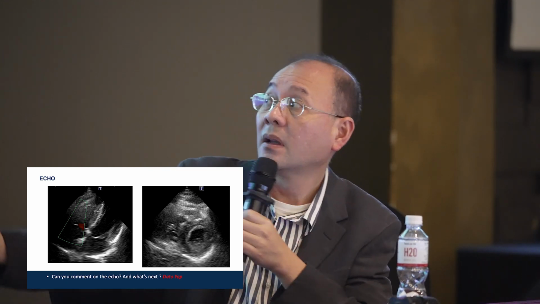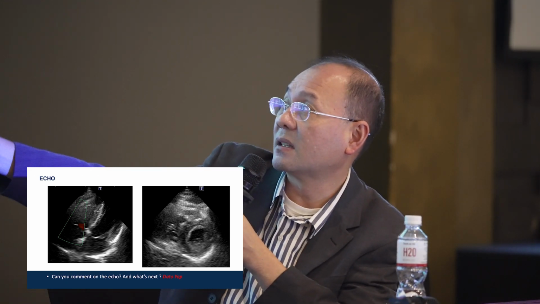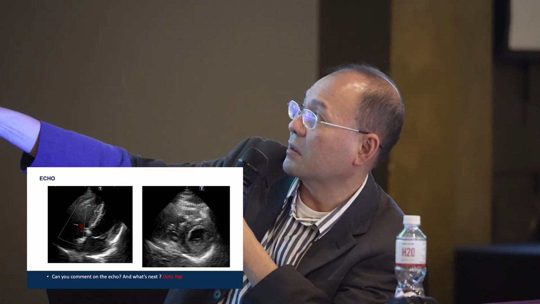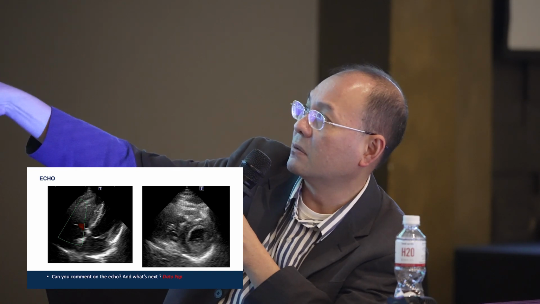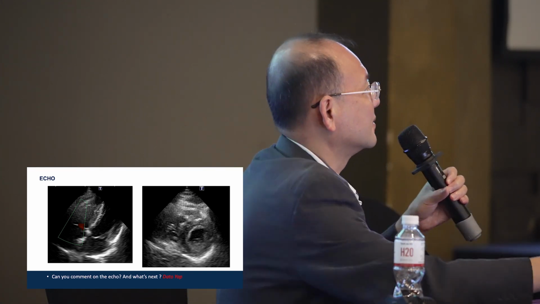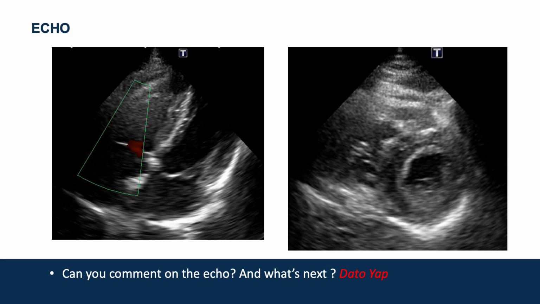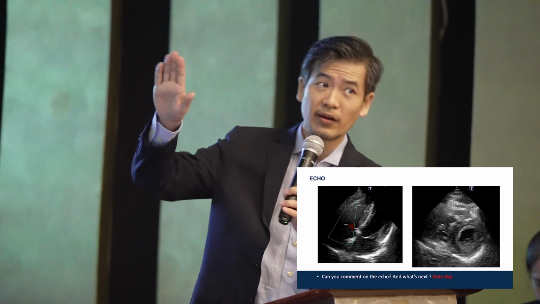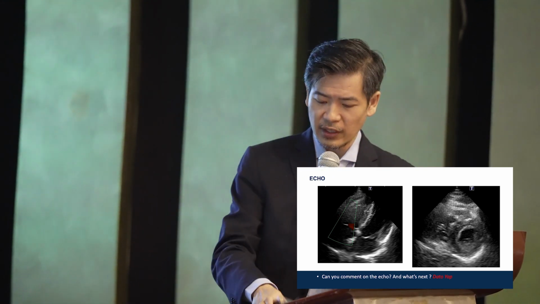This is a still picture, but I think we've been told the LV function is normal, right? We're looking at the size of the left ventricle compared to the right ventricle. I'm not sure whether you can appreciate the right ventricle looks a little bit bigger than the left. Normally it should be the other way around. And similarly on here, maybe. But these are quite subtle, not easy to see. Yes, I agree. Initially, the report was normal. This picture seems to show the RA and RV a bit enlarged in size.